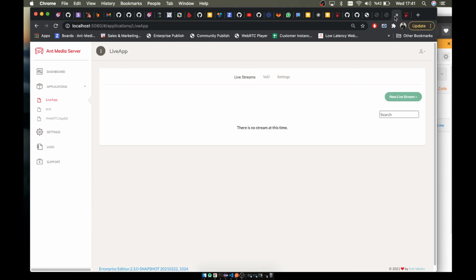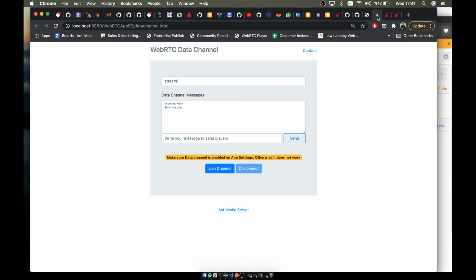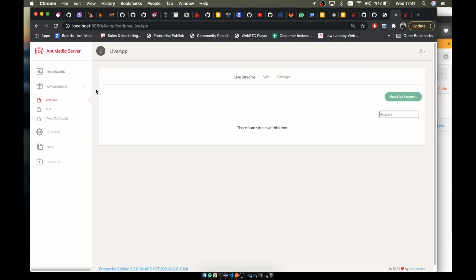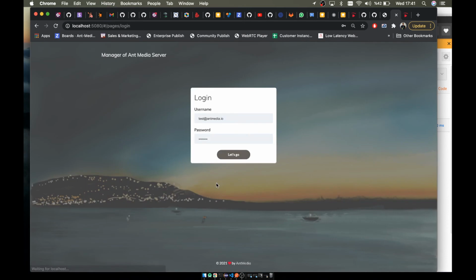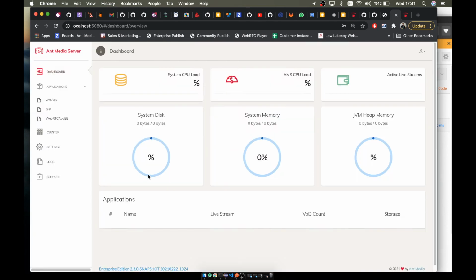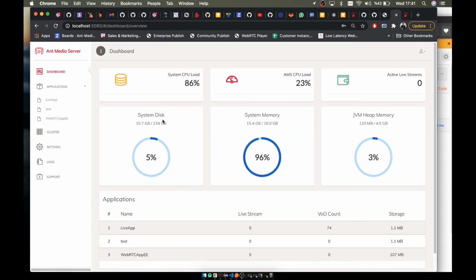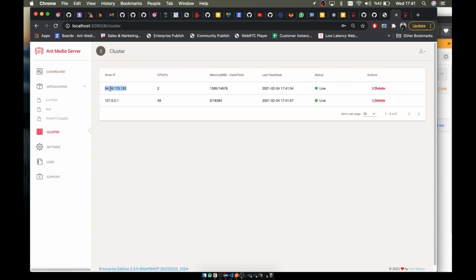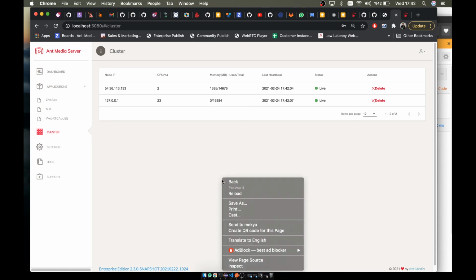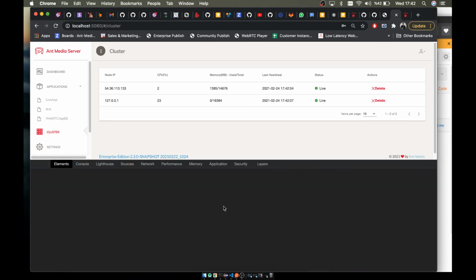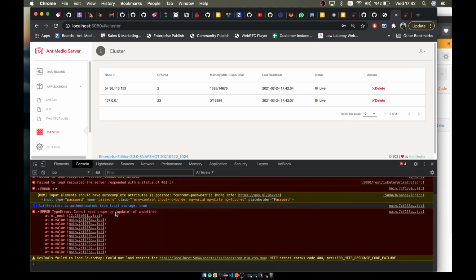So just let me close these tabs. Let me refresh the page. Okay. So right now, as you see, my local computer is in the cluster as well, and you see the public IP address of the OVH 36 in here, and this is my local IP address. So I'm just going to create an application here by running